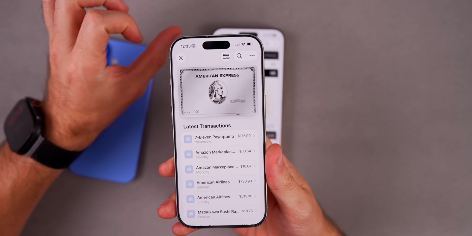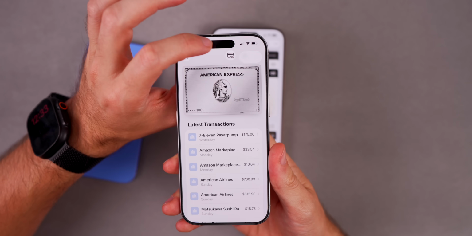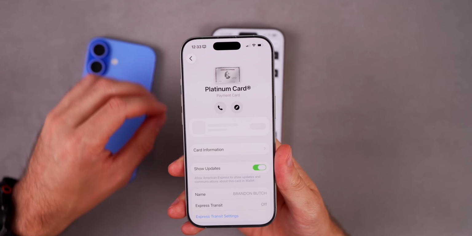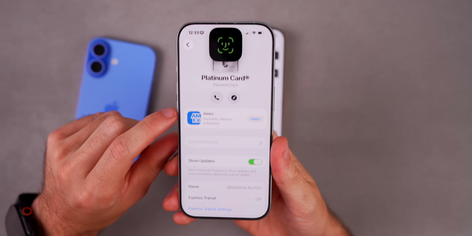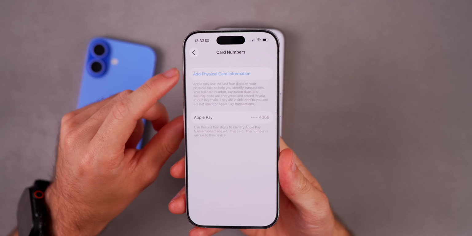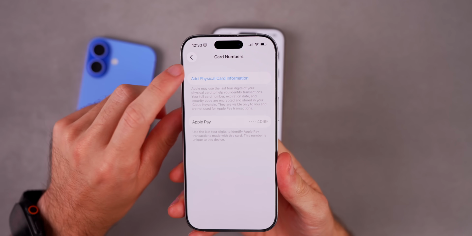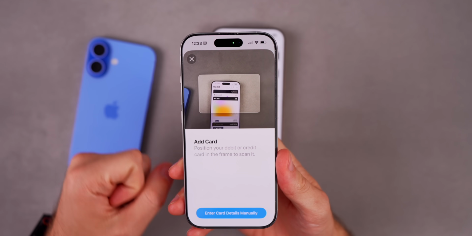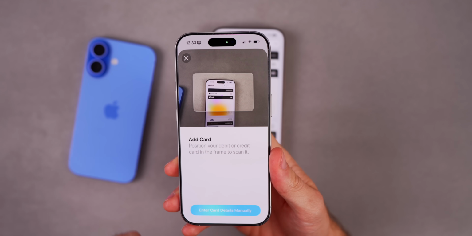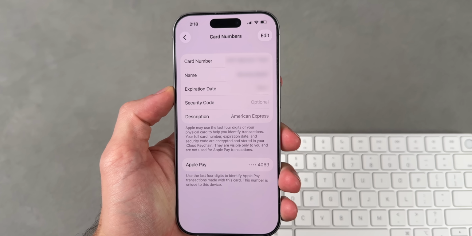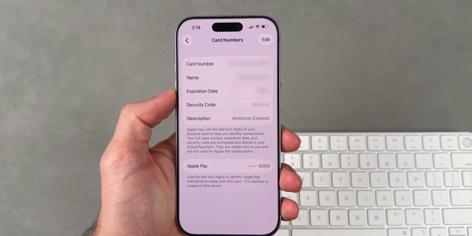So go to that card in Apple Pay and then go up here and tap on the three dots and go to card details. And then you want to go to card information, put in your Face ID, and you will see we have a brand new option for add physical card information. And then you can go ahead and scan your card or enter the card details manually, and then it will show you those details from then on out